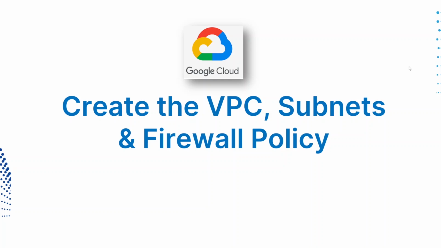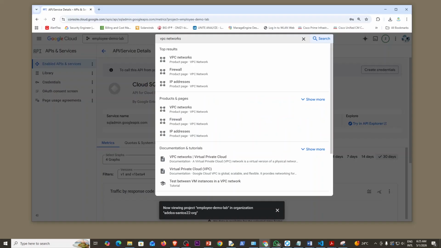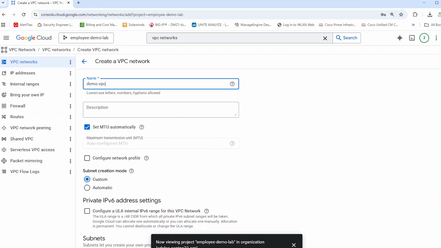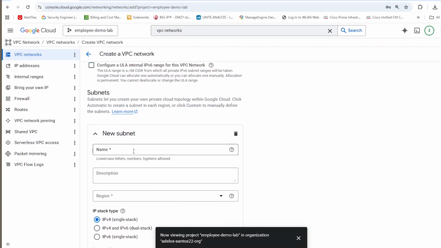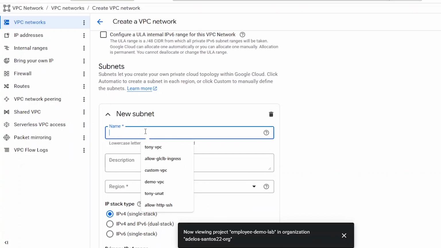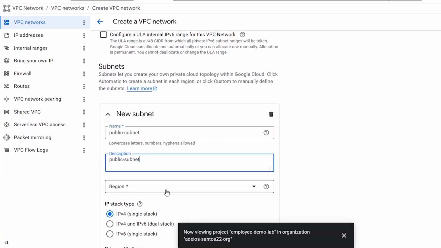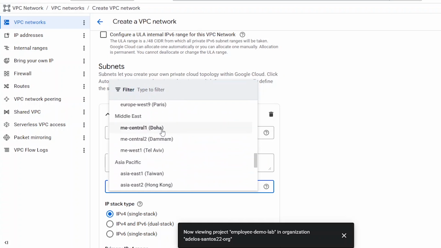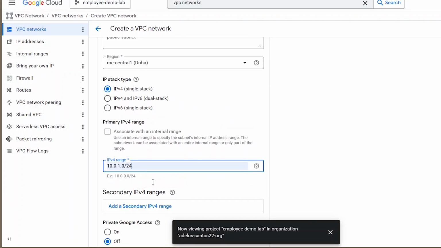With our services ready, return to the main menu, go to VPC Network and click Create VPC Network. Name it Demo-VPC and do the same in description. Then let's begin adding your three subnets. First, create our first subnet. Name it Public Subnet and select Middle East Central 1, Doha region, with the IP range of